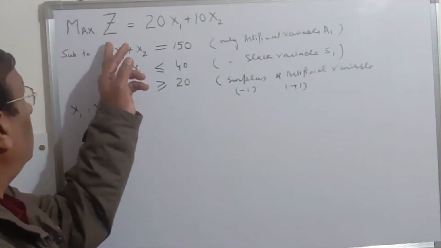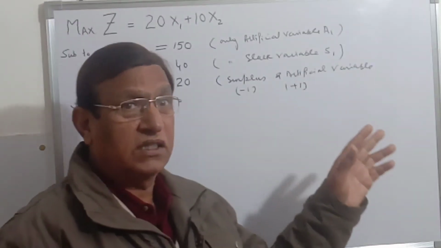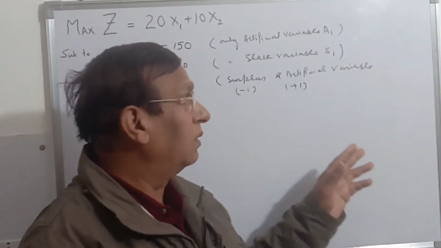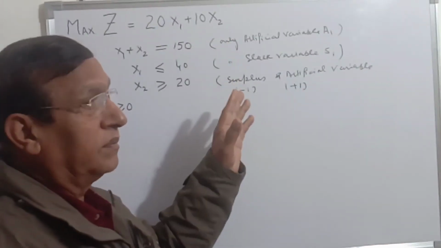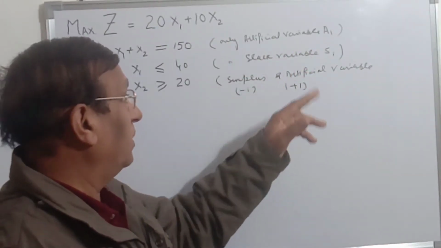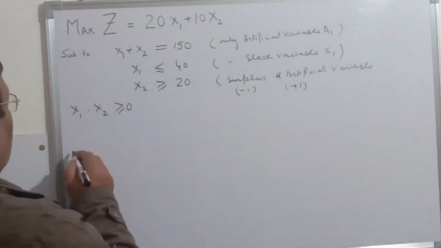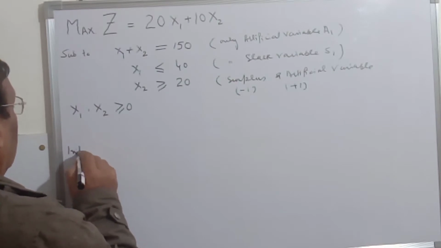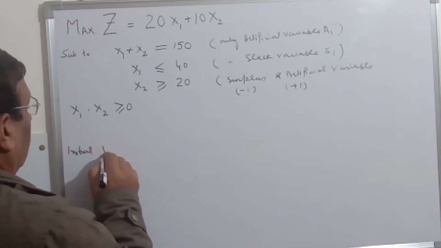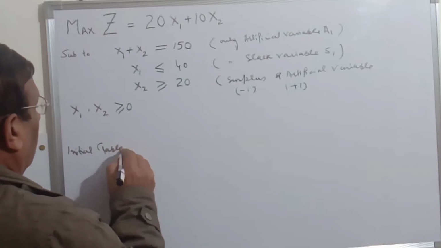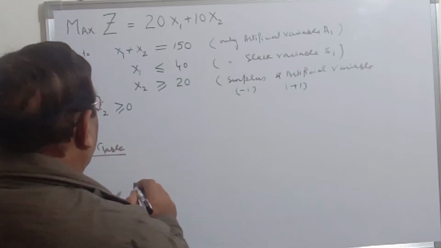If z is minimized, then m, a very large number, will be considered as plus m a1 plus m a2. So our initial table or format is like this: